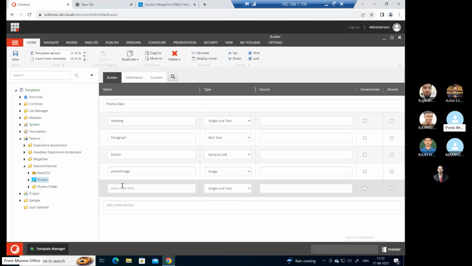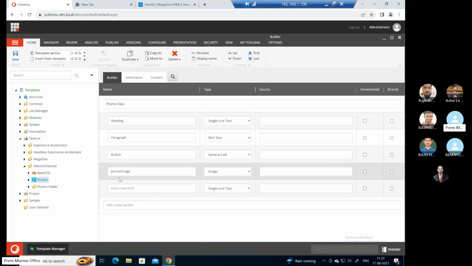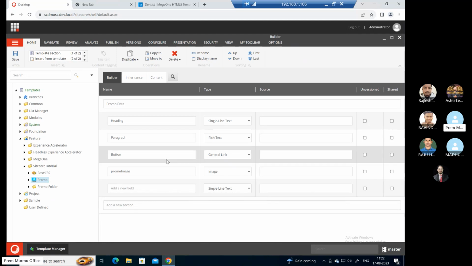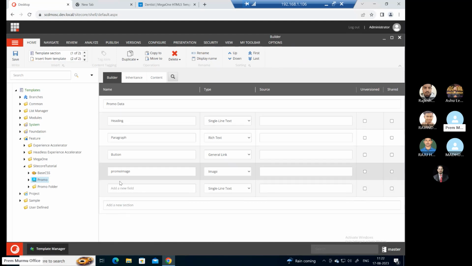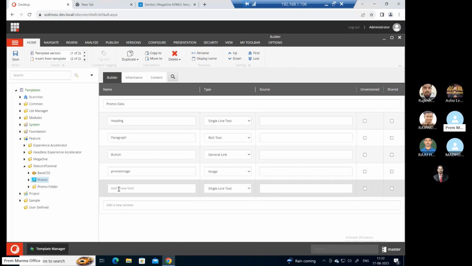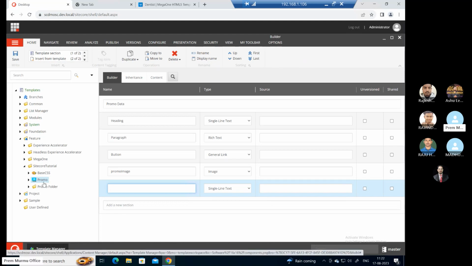Sometimes, for inheritance, these are the fields for the promo. If you want to add something without directly adding the field, so that some fields are inherited in this promo,